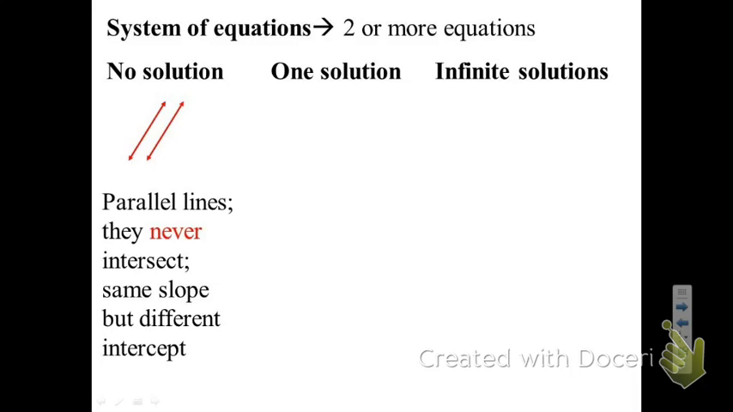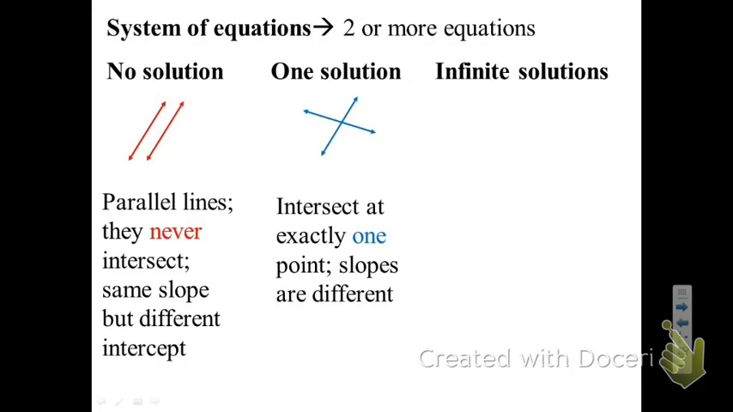The equations will then have the same slope but different intercepts. You will get one solution when the two lines intersect at exactly 1 point. And if you get one solution, you will be asked to identify that 1 point where they intersect. You know that you'll get two different lines and they intersect at 1 point if the slopes are different in